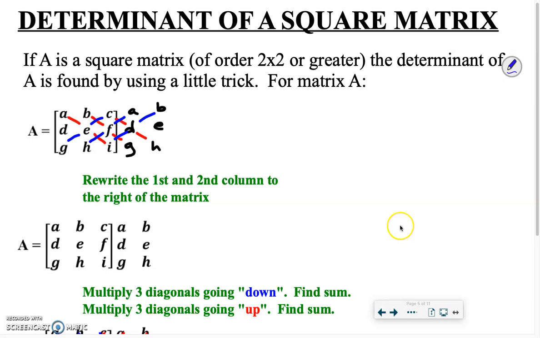Now before we look at this and say, wait a second, we missed some. We missed this guy here. We missed this one over here. Did we already hit D both down and up? Did we hit E both down and up? Yeah, so we are good as long as we do it this way. So again, that trick, once again, I'm putting air quotes around trick, is that we just take the first 2 columns and we rewrite them in the 4th and 5th column locations. As soon as we do that, then it's going to be no issue, no problem for us to multiply diagonally going down and diagonally going